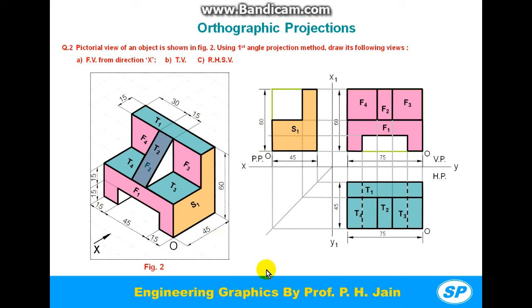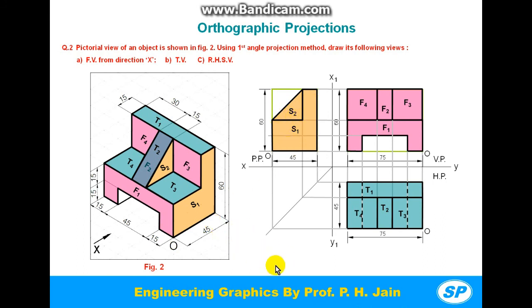Now look at the object from right hand side again. We will see this S2 face. S2 is a triangular face. This is its base, this is height. These lines we already got in right hand side view. So simply we have to draw the inclined line to draw the S2 face. In this way we can obtain S2. These are the visible faces and visible edges in right hand side view.